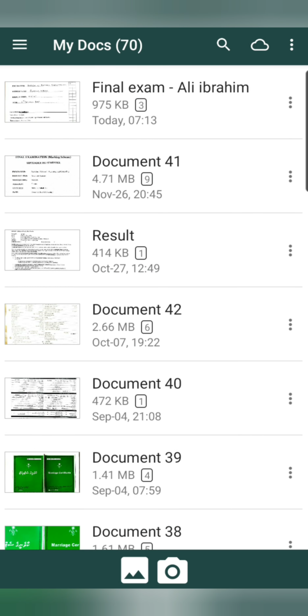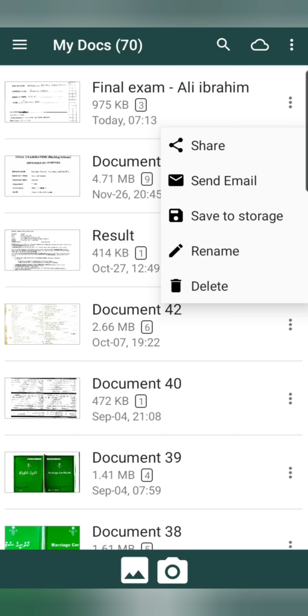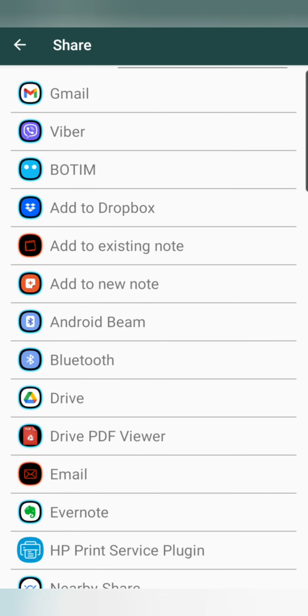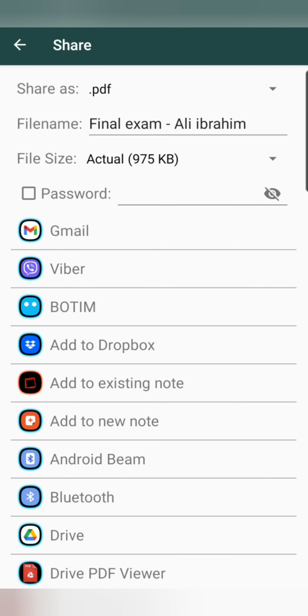Now you can see that there is the final exam paper of Ali Ibrahim. You can see 3 dots near the file. So you can select on these 3 dots and you can see some options. So you can share this document with other apps, like you can share this through Viber, Gmail, or a lot of other apps.